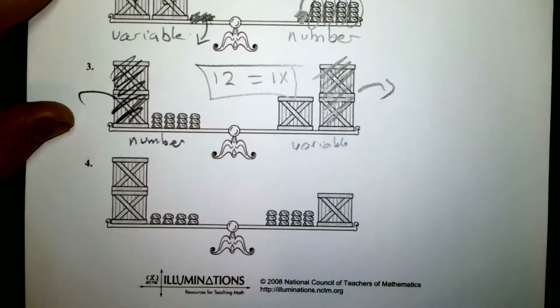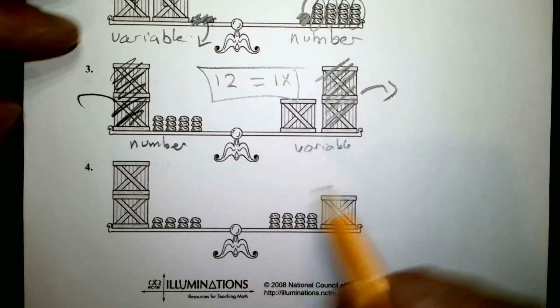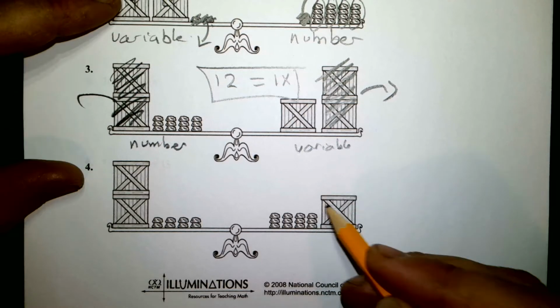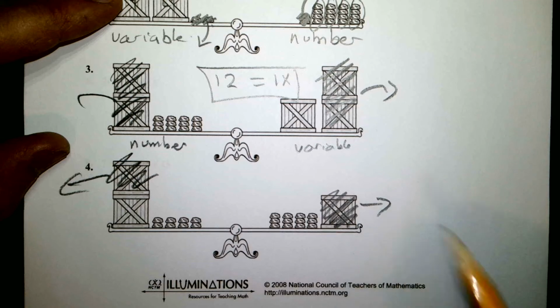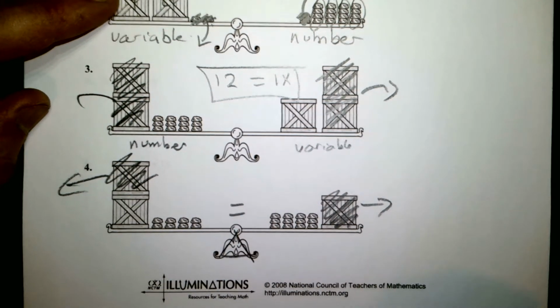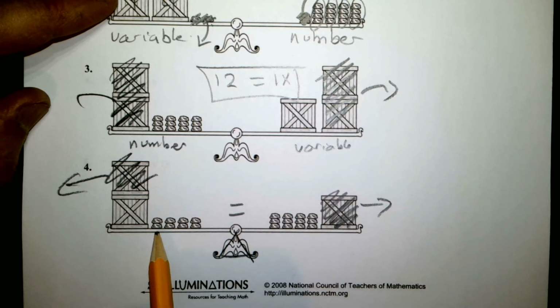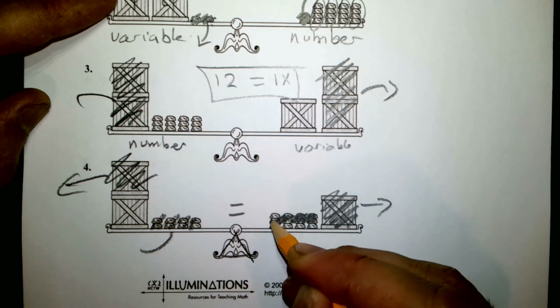So if this problem looks too complicated the way it is right now, you're going to simplify it. Find things that are on both sides. I have a crate here and a crate there. If I remove both of those, the scale is still balanced, my equation is still balanced, and then I can also take away 8 rocks off of this side, as long as I also take 8 rocks off of this side,